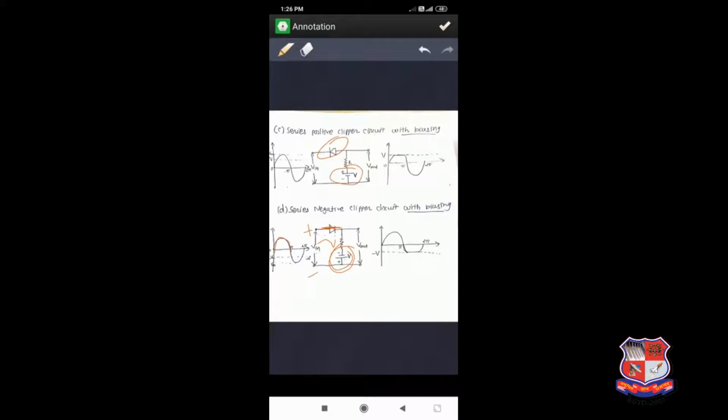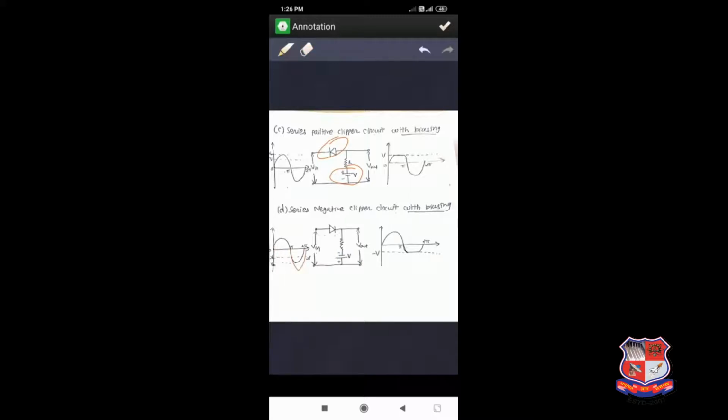Okay, so the current flows through this diode, and the output voltage is equal to the input voltage, so for the positive cycle we get output equal to the input voltage. Okay, now let's move further to the negative cycle. If the negative cycle is applied,